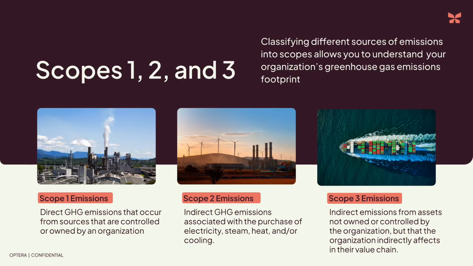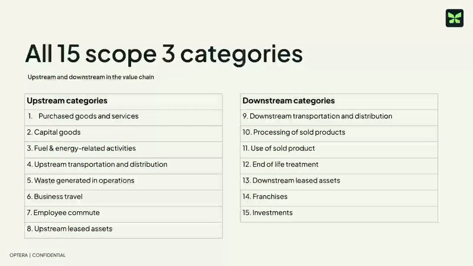In greenhouse gas accounting, there are three emissions scopes. Scope 3 emissions originate from assets that your company does not own or operate, but are emitted from other entities in your value chain. A company's value chain can be very complex, so Scope 3 is broken down into 15 different categories. These 15 categories can then be grouped based on whether they are upstream or downstream in your company's